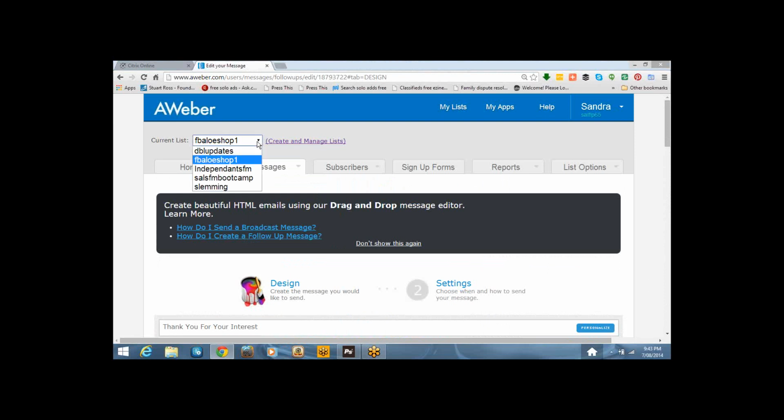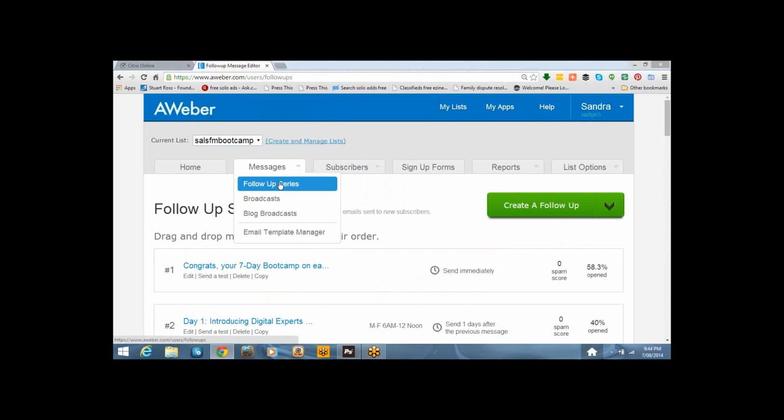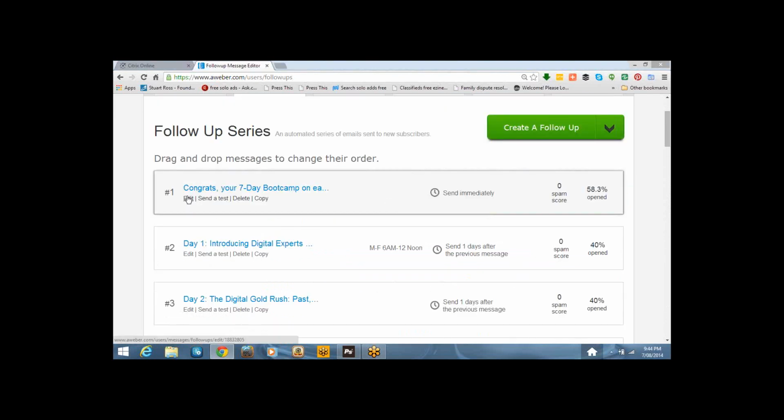I think that's how you do it with your SFM as well. I'm just going to leave that page. If you want to edit things in your SFM list, you can do that as well. You know how you've got all your SFM boot camps that you send out. If you go to SFM boot camps and go into here, you've got edit there, and you click follow-up series, you can go in and edit your SFM boot camps. And now this is going to be real overwhelm for the newbies.